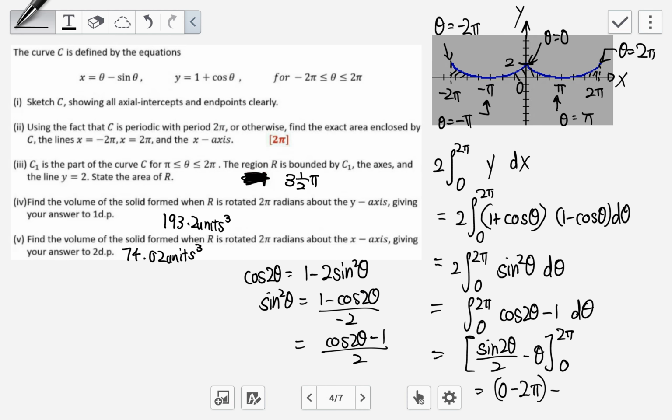Oh, okay, I made a mistake over here. So while I was taking cosine 2 theta, I brought over this minus 2, then I divided by, I should divide by 2, right? Not minus 2, and then this would be 1 minus cosine 2 theta over 2. That means my sign is inverted, right? So it should be 1 minus cosine 2 theta. Okay, 1 minus cosine 2 theta, and then this part I get theta, so this part should be plus, and